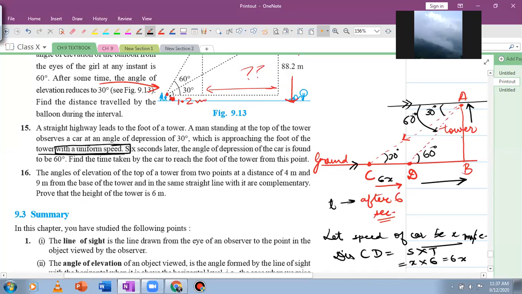Let's take the height of the tower as h. If you want, you can just use AB as well. And then we are going to work with these two triangles separately, and I'm going to mark the distance DB as y. Because I don't know anything about it, neither time nor anything else. If the figure is clear, then I'd like to start with this question. Let's just do this once.